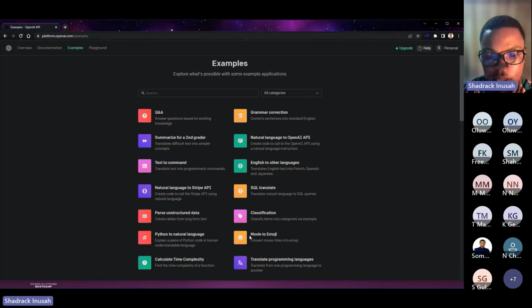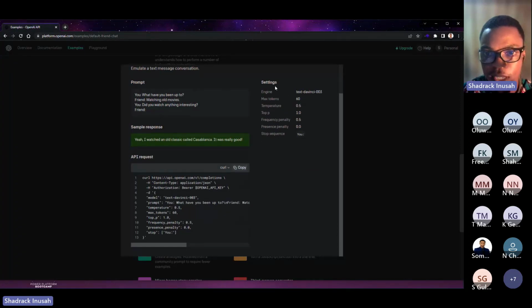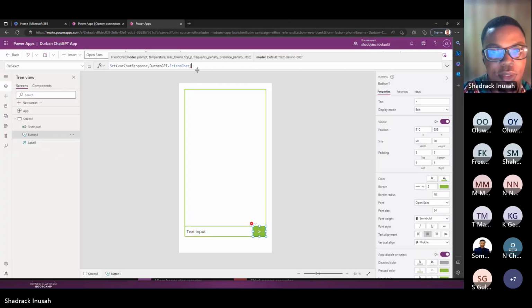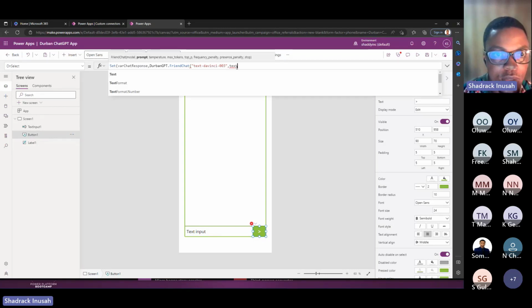If you come to the examples, I'm just coming to show you something here so that you realize it's the same thing we are entering there. You can see the settings. This is the model, the same thing. So everything is from here, so let's copy it here. The model comes first, right? Then you bring a comma, then the prompt. The prompt is where the user enters something, right? And where is that going to take place? It's going to take place inside the text input, so we have to put the text input there because that's where it's going to take place, right?